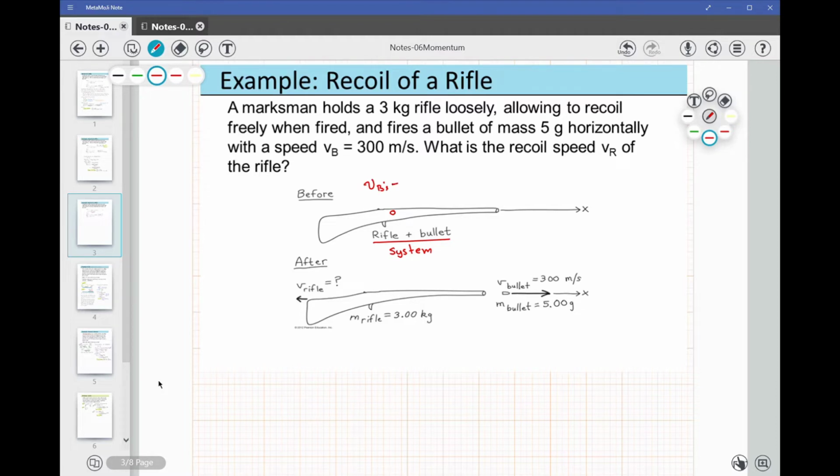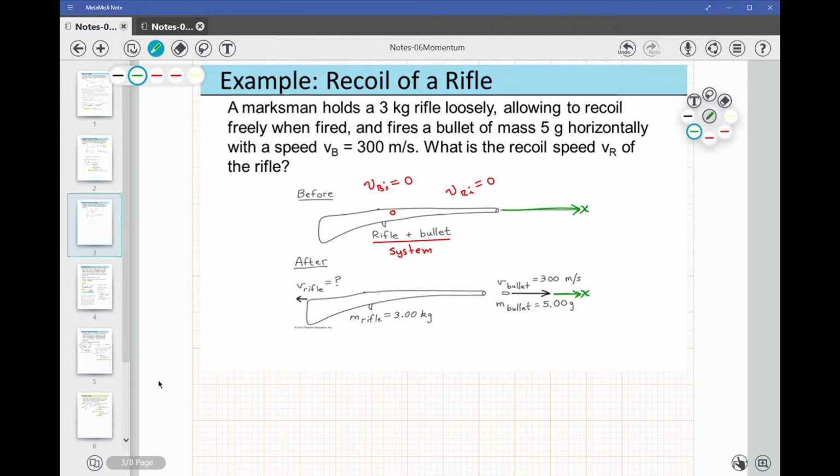So the velocity of the bullet at the initial time is 0, and the velocity of the rifle at the initial time is 0. After the rifle shoots, the bullet moves to the right, and the rifle will kick back to the left. If we choose as the positive X direction the direction to the right, as indicated in the diagram,